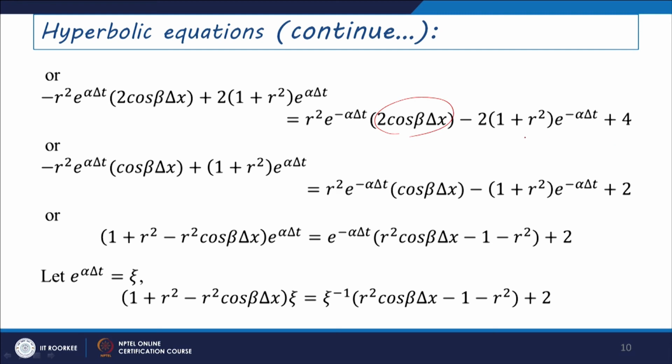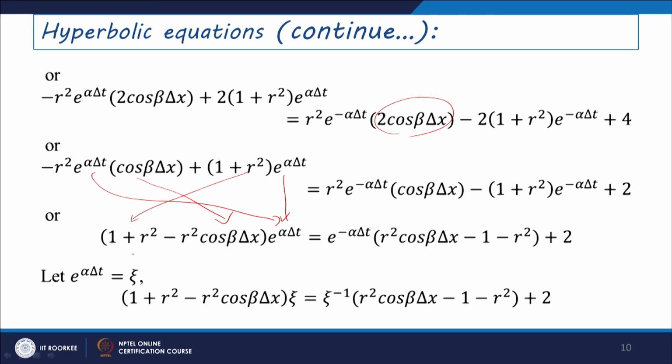And if you go for further computation, 2 is common in each of these terms. That is why 2 can be taken out from both sides and cancelled. If you write this equation in the final form, it is 1 plus r square minus r square cos beta delta x e to the power alpha del t, e to the power minus alpha del t r square cos beta delta x minus 1 minus r square plus 2. If you put e to the power alpha del t equals zeta here,